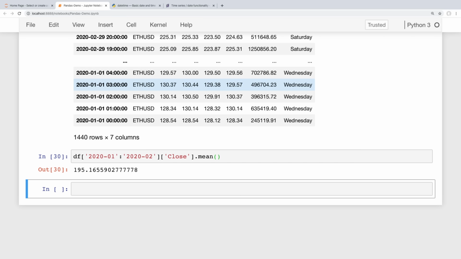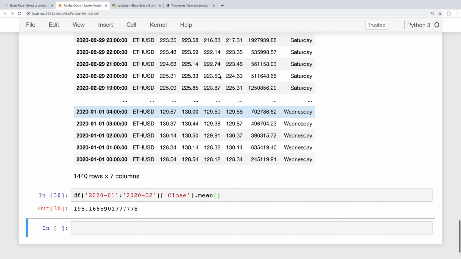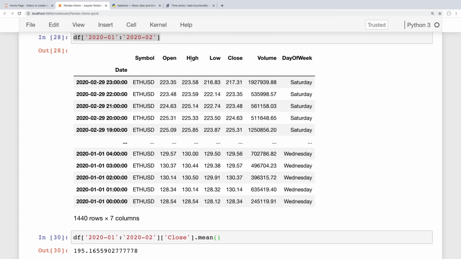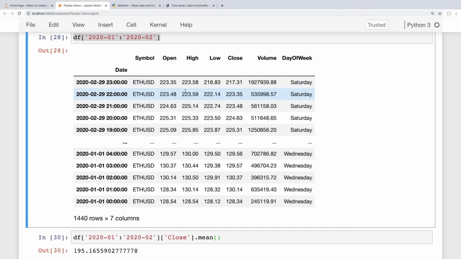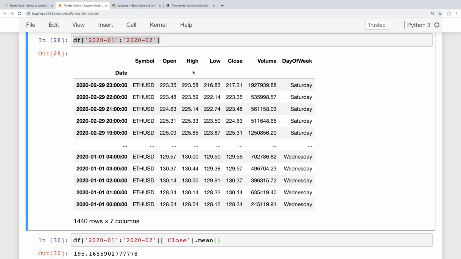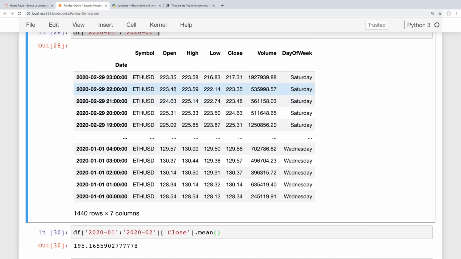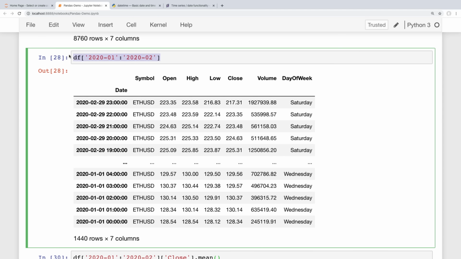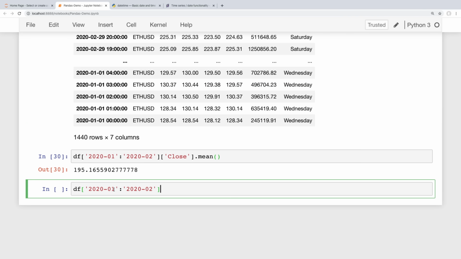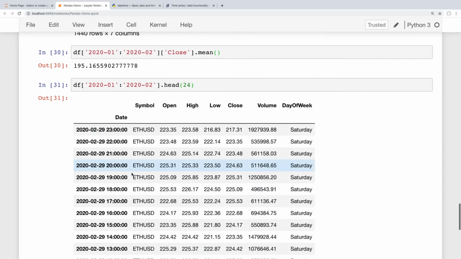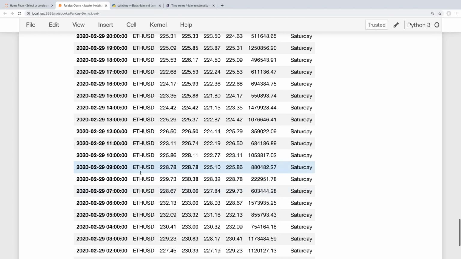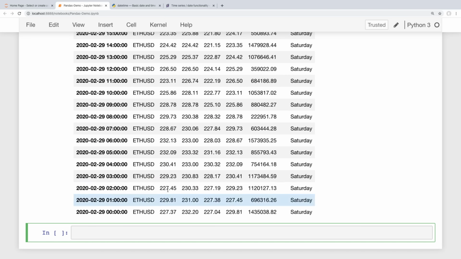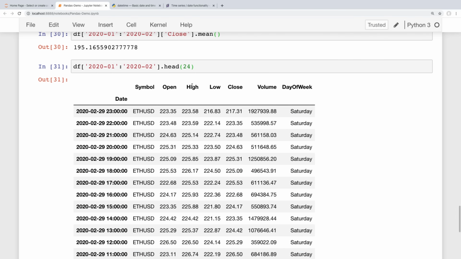So, for example, let's say that we wanted to view the highs for each day. Right now we have all of these highs broken down by hour. Let me grab this date range here, and let's look at the first 24 of these so that we can get 24 hours. We can see that for February 29th, we have all these different hours here, and each hour has a